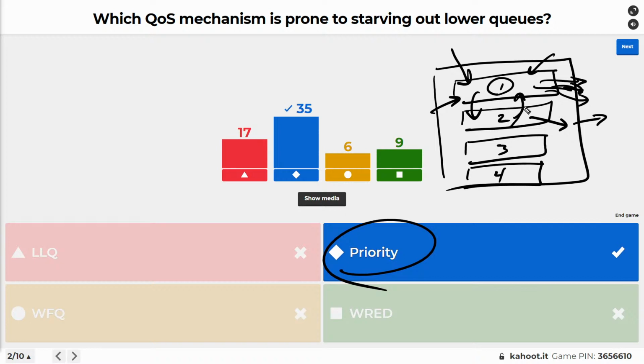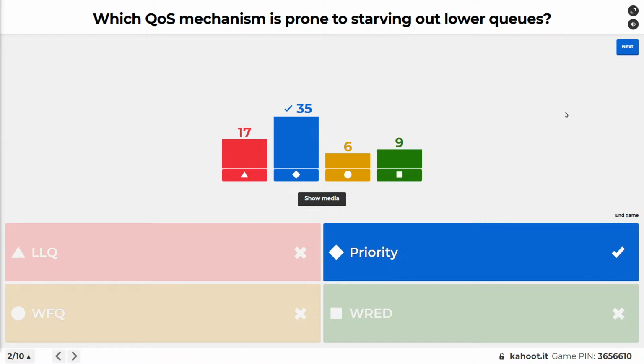And if, and only if, queue number 1 and 2 are totally empty, then does queue 3 get a chance. And if queue 1, 2, and 3 are totally empty, queue 4 gets a chance. And if there's congestion, which is when QoS comes in really handy, and there's lots of traffic that needs to get out of the firewall or out of the router, either way, queue number 4, a lower priority queue, will go hungry. And that's why it stinks to be in a low priority queue. And we don't often use that by itself anymore. We use other mechanisms that are more fair, but still give advantage to those applications that need it.